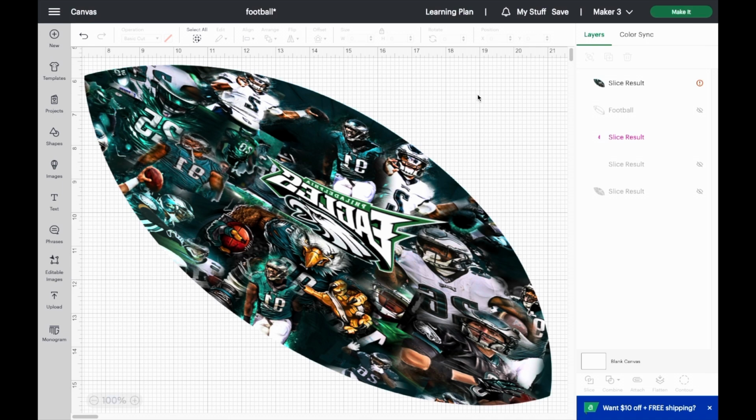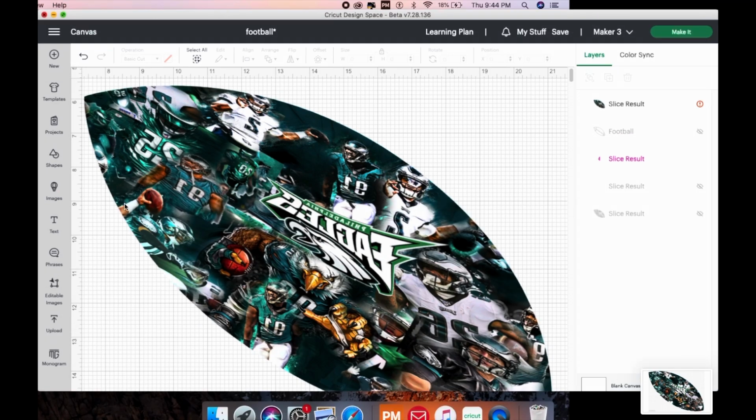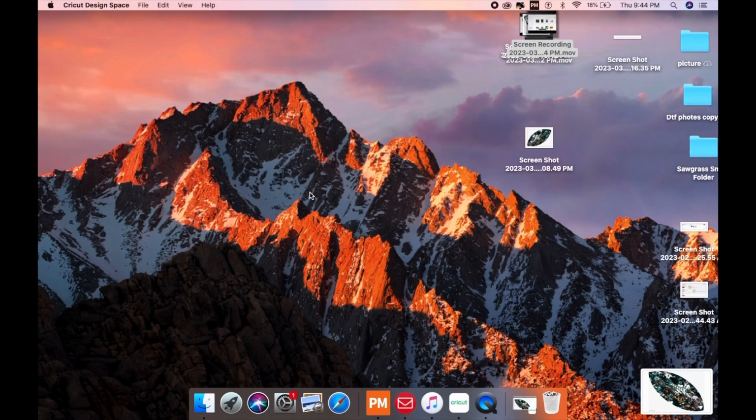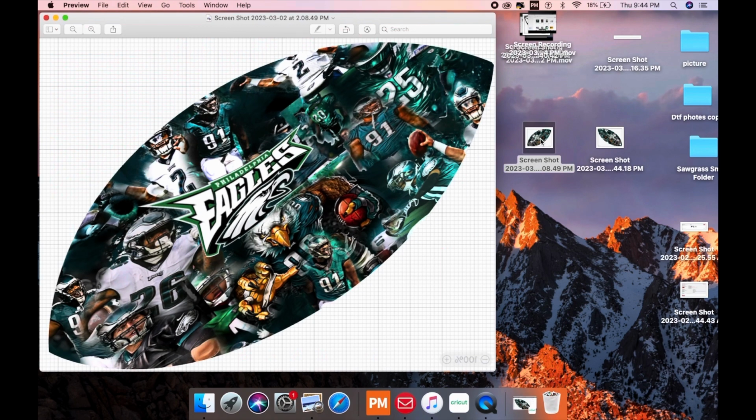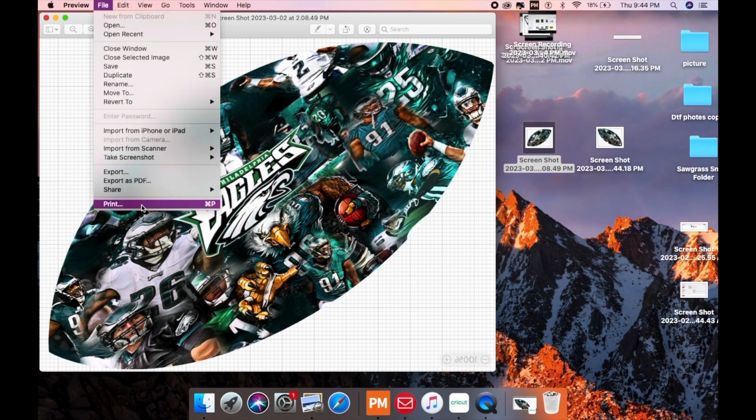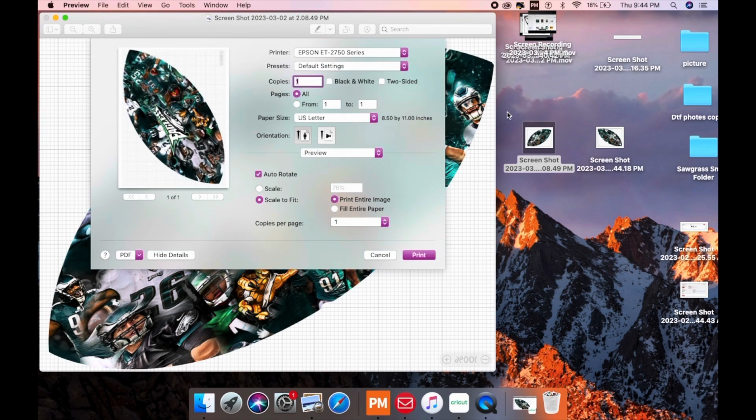Measure it. And with this computer, I do screenshot by using Shift Command and number 4. And then I screenshot my football. Then I take my football picture, click on it, and then we go to File and Print. And the paper, you know, the dark transfer paper, we use that, and that goes on to the regular empty, printing the picture on it, and then you just print it out. And when you print it out,